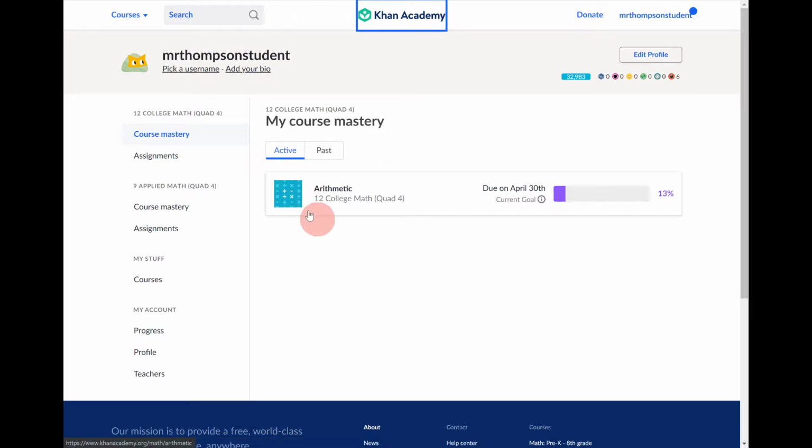And you'll see that it tells you something about arithmetic, and there's a percentage here. And you might be wondering, what does that mean? Well, using our apprenticeship model, using our mastery model, the goal for this week is to perfect and develop your skills in arithmetic. And if you click here,